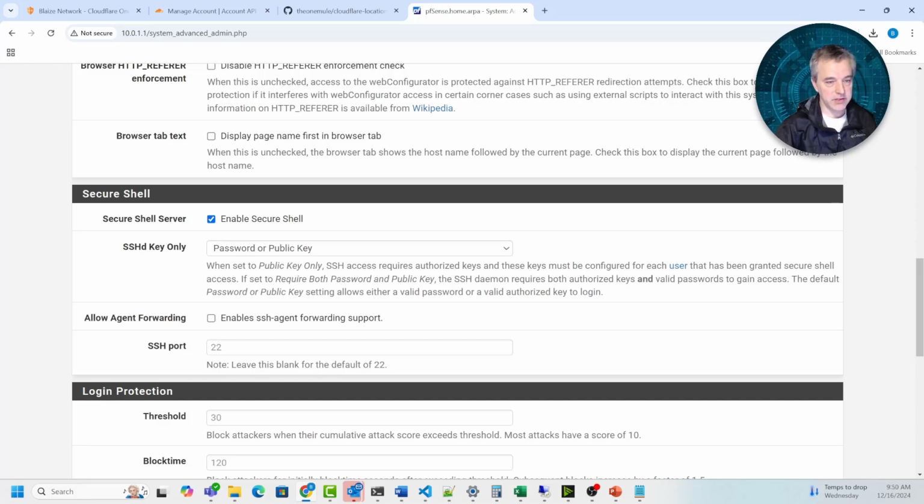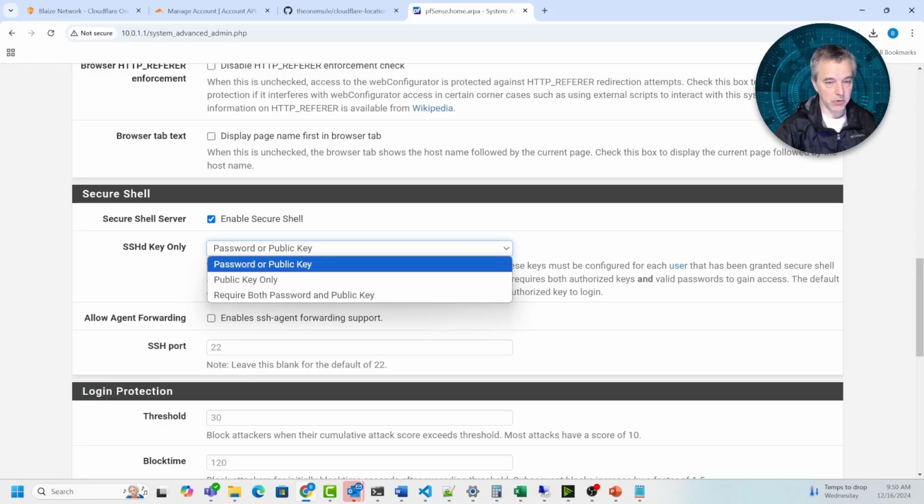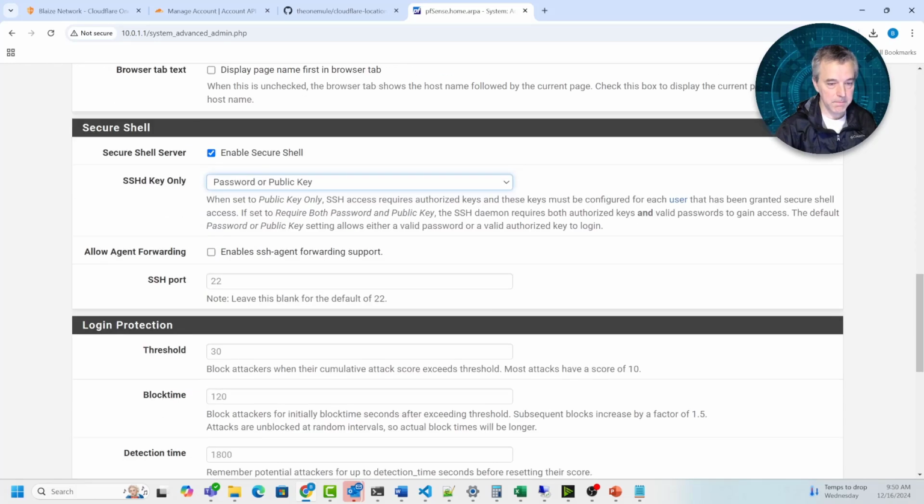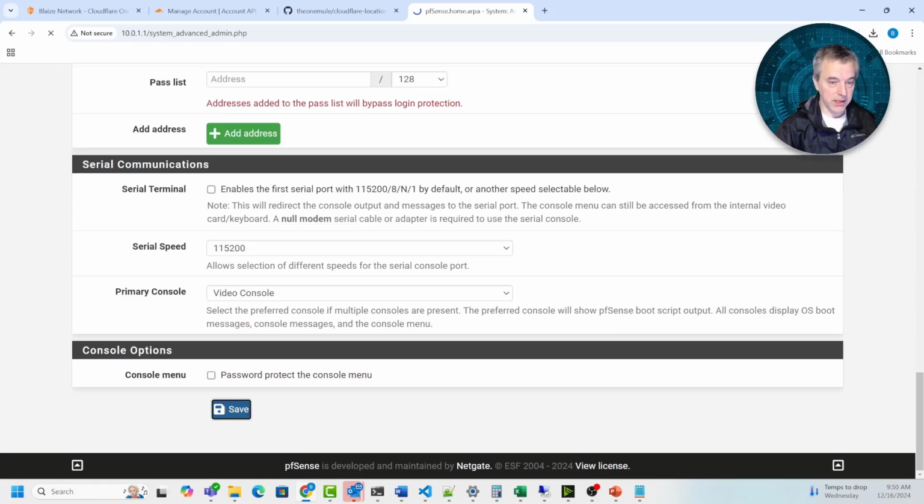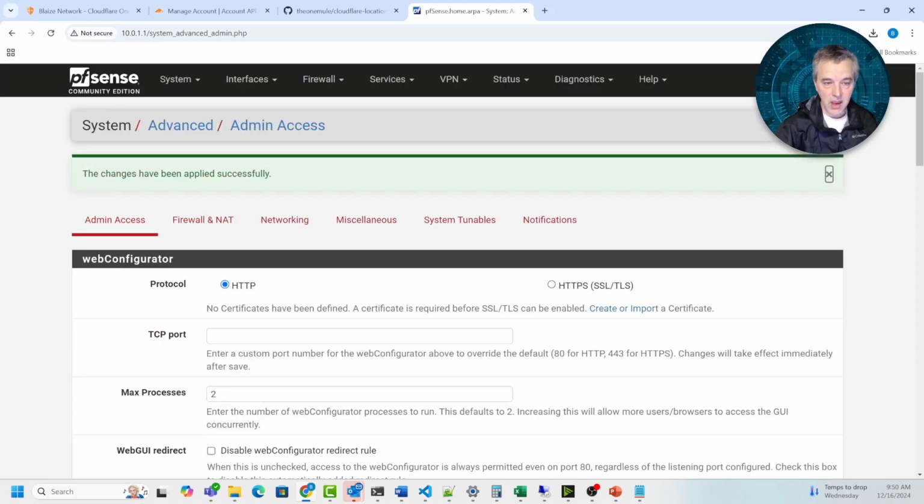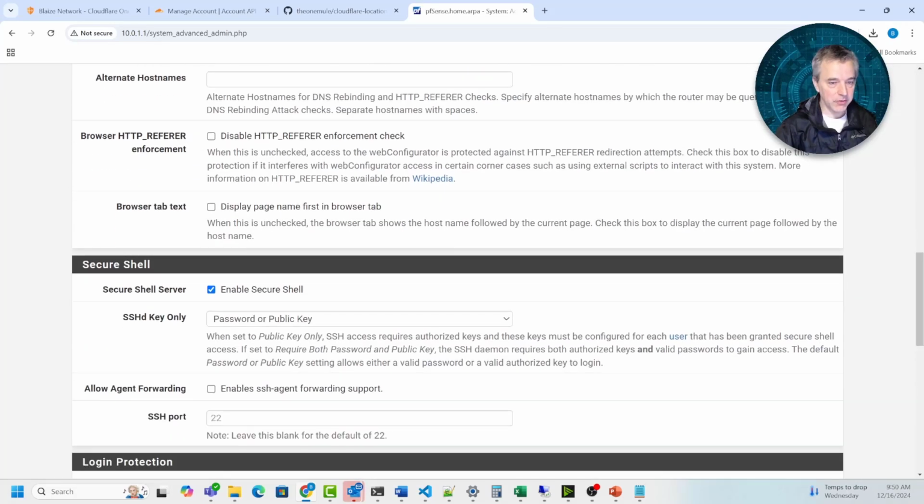And then SSH key only, you can select password or public key, and then use port 22. And then that will enable SSH on your pfSense instance. Now, you want to disable this once we're done, but for now, we're going to use this to copy some